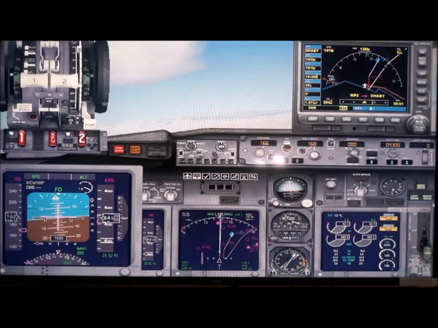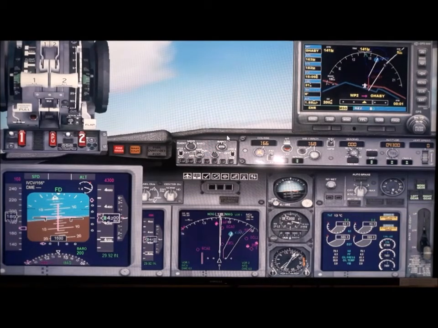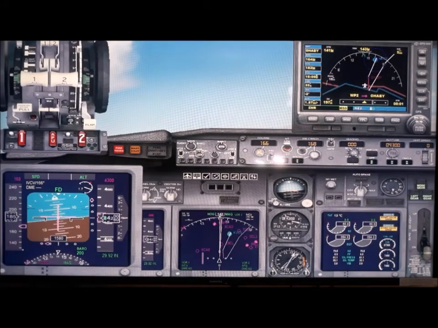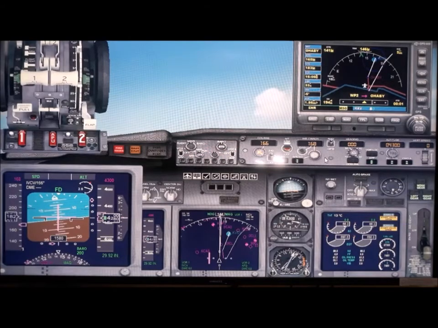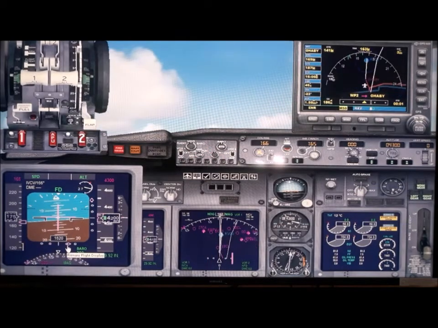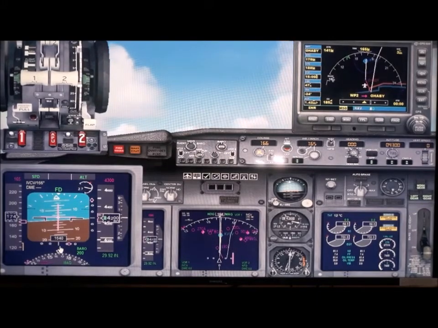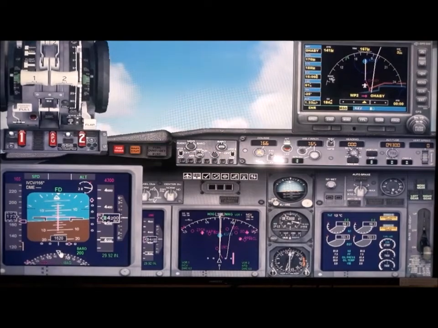And I will put the full flap. Already it is in full flaps. So now I will... It is not in the center line, it is seeking. Now it will come in the middle slowly. And that's the indication we have in the cockpit.